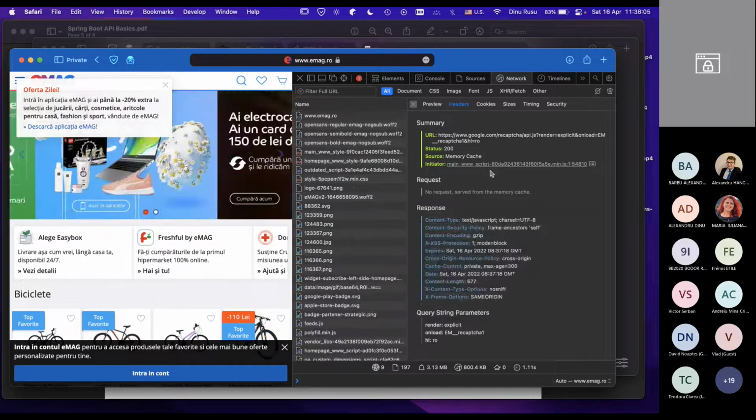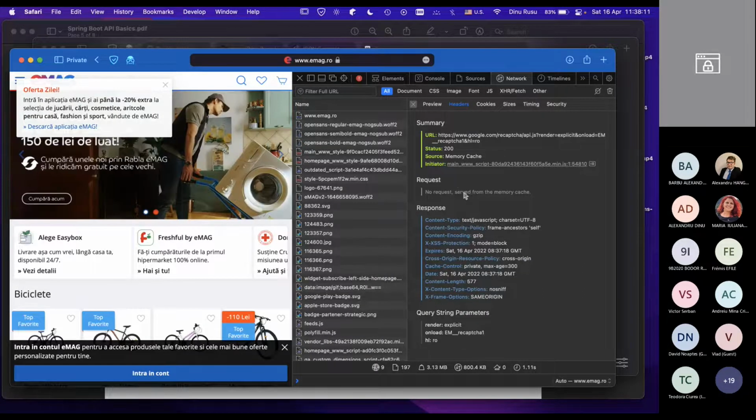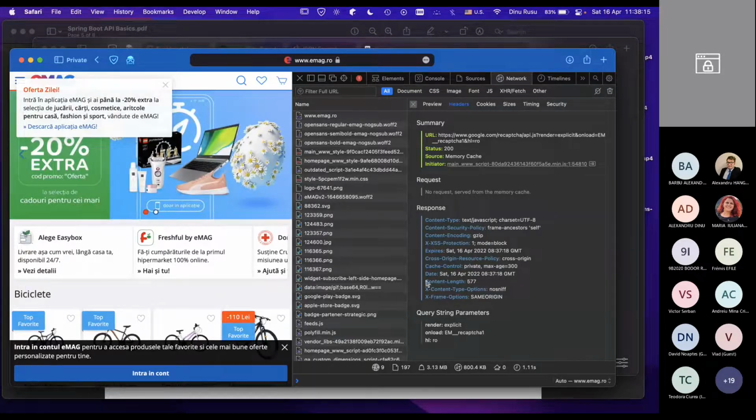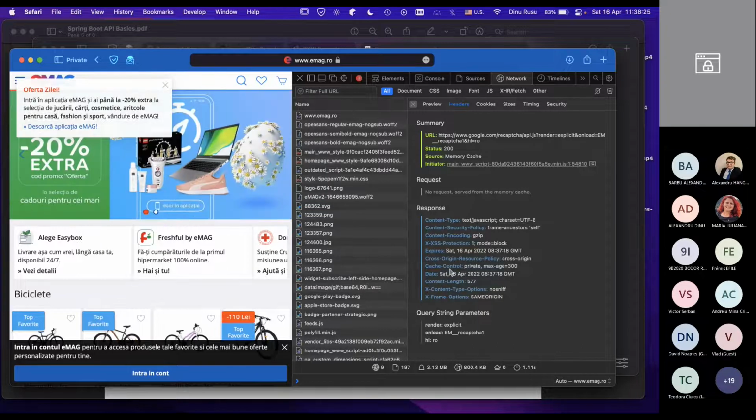Anyway, when you make an API request, you have some metadata, so to say. You have headers for that request, and you have request and response headers. You can see here request and response headers. And these contain certain values, such as cache control, which, for example, tells the browser how to handle that content